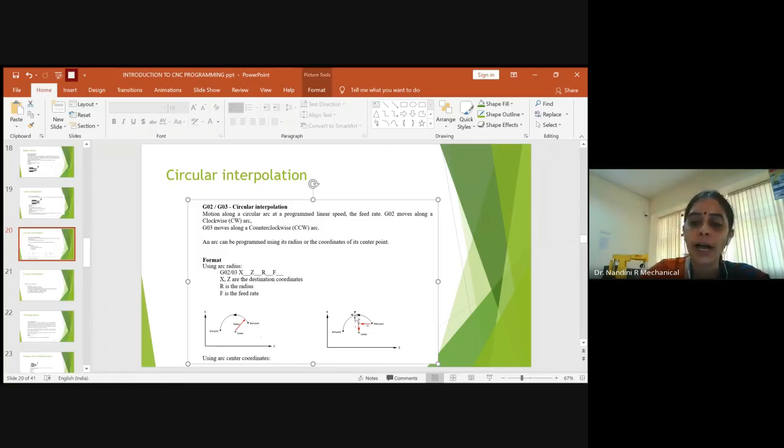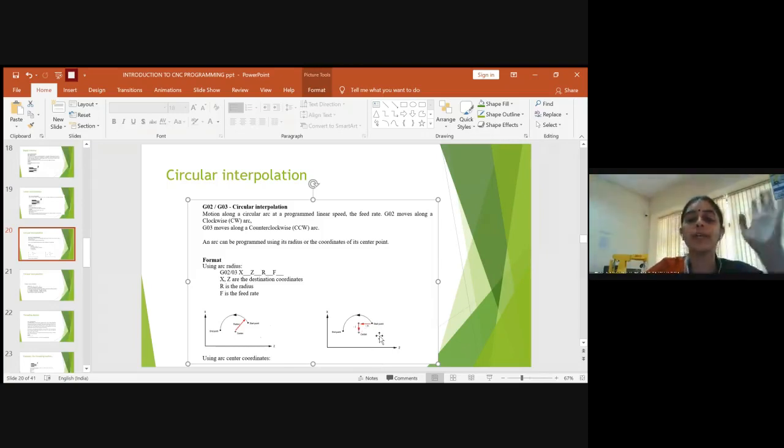Based on the arc you are turning, either counterclockwise or clockwise, the values of I and K with respect to the center change. So this coordinate system you should be very careful to give. While giving this, you should always refer to the X and Z axes. The X axis will be perpendicular to the spindle movement and the Z axis will be parallel to the spindle movement. So K will be parallel to the movement of the spindle and I will be parallel to the X axis. If it is coming down, the value of I will be negative.